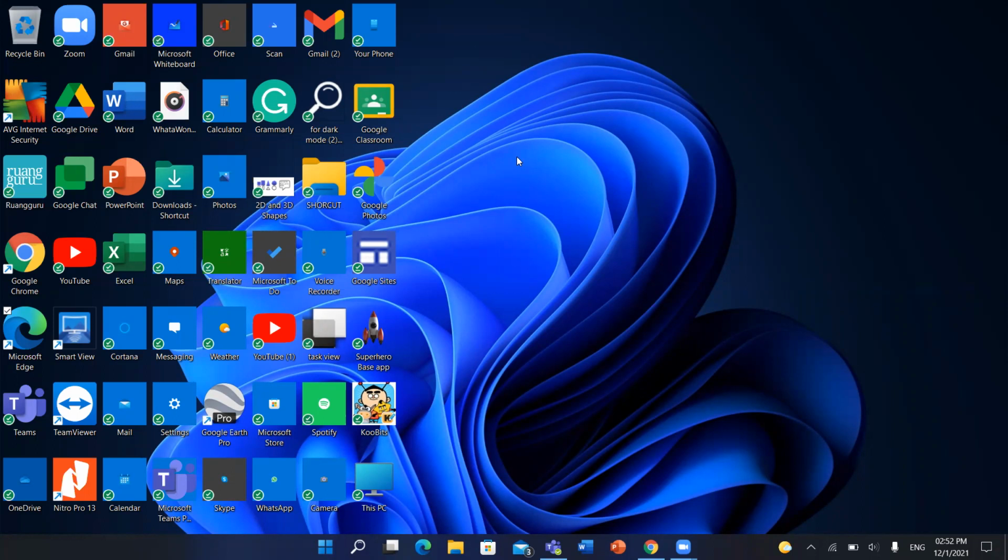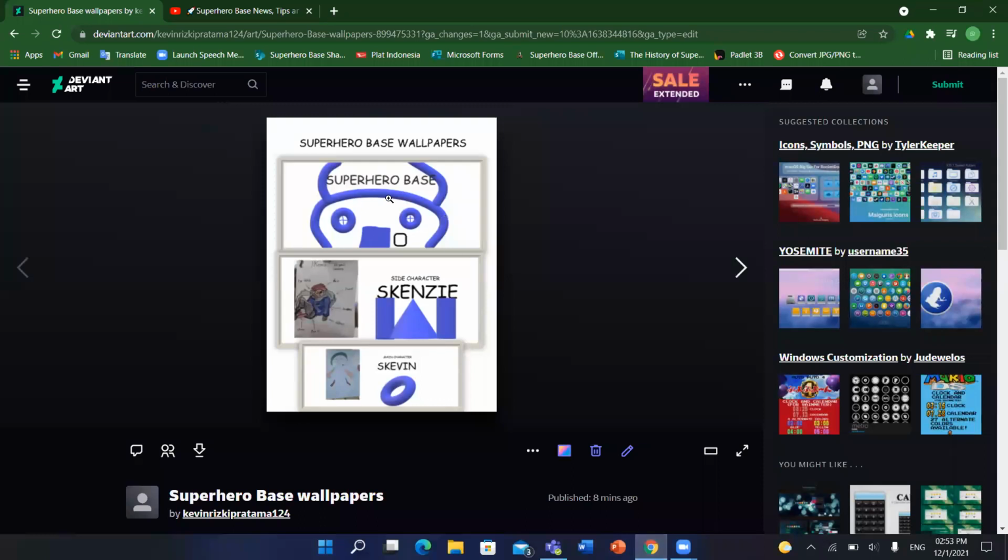Today's tips and tricks. Do you want to download the wallpaper? Well, we have the wallpaper. Let's check this out. Step 1, via DeviantArt. If you have a DeviantArt account, you simply go to DeviantArt